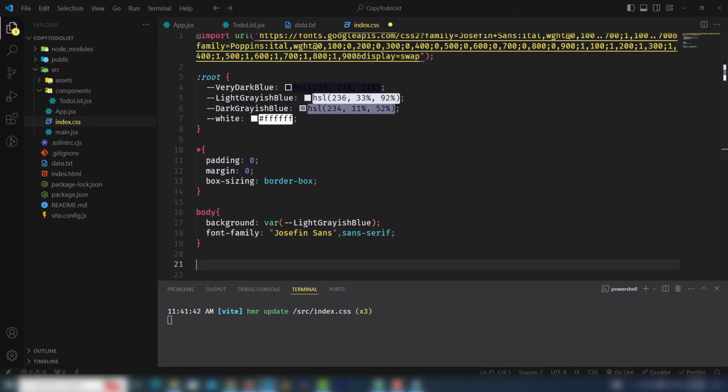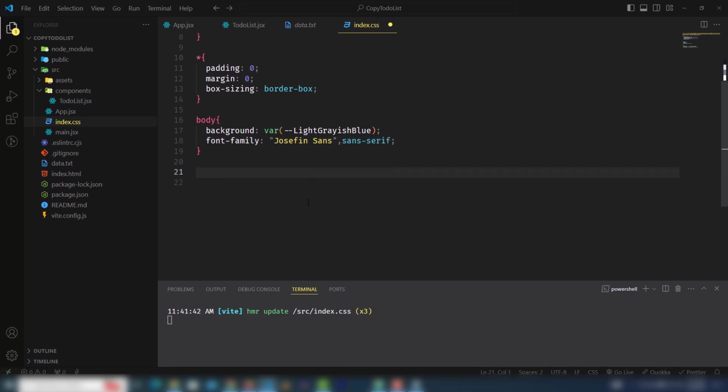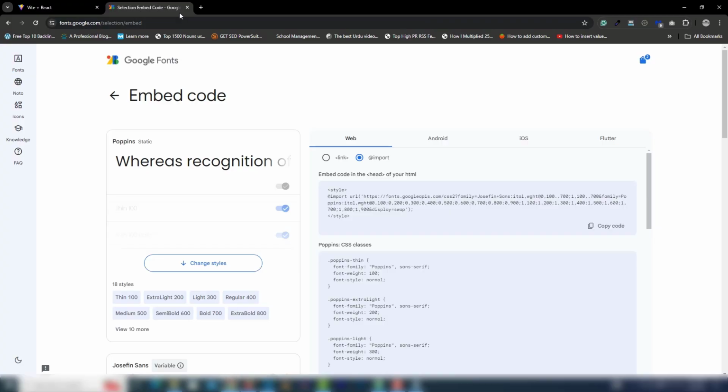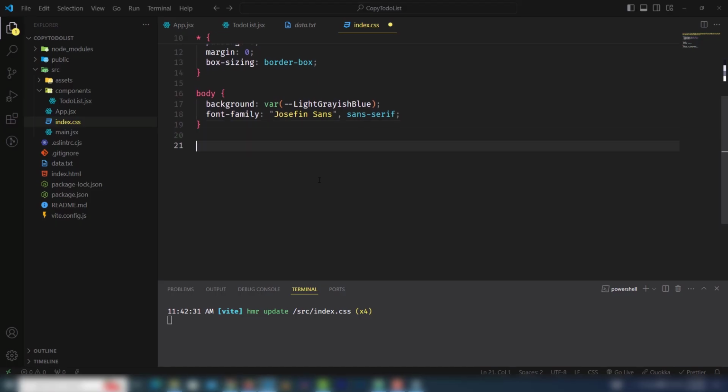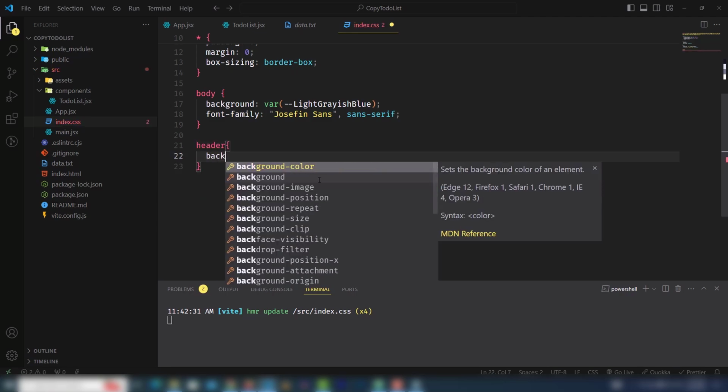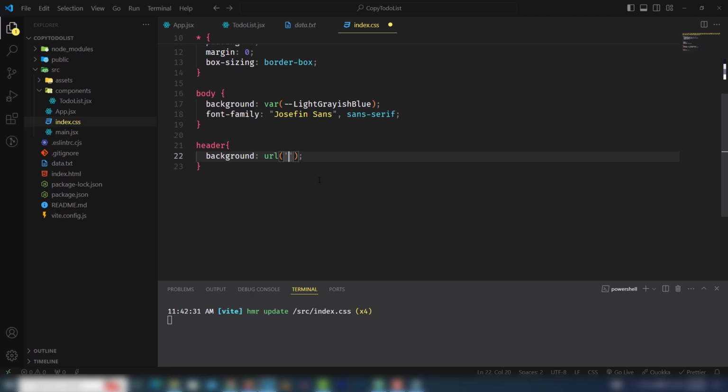Then the next step, you need to select the header tag to add the BG image. So I'm going to close it, right? This is the background color. So you need to select the header. In the header tag you need to add the background URL. The image is coming from your assets, background, no repeat, center color,